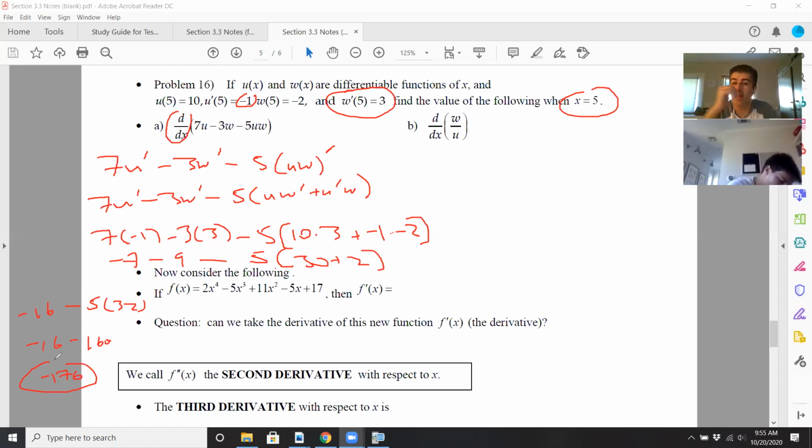Now the College Board loves this because you can't really use strategy, like working backwards, or a calculator. You really got to know the concept. That's why this is a very popular question on the AP exam. It really is checking to make sure you know the concept of the constant multiple rule as well as the product rule. And then for B, we're doing the